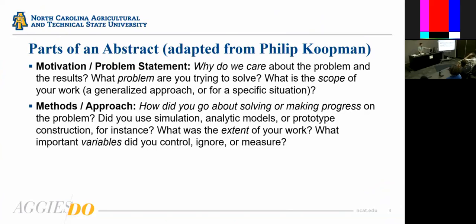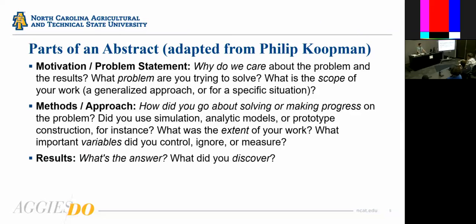And then going along with the point we made about scope previously, what is the extent of your work? How broad did you go? How many trials did you do? How many different approaches did you take within this research, right? So you want to give a sense of that. Obviously, following from the methods, you want to dive into your results to some extent. What did you actually discover? What were the things that were derived from this research?